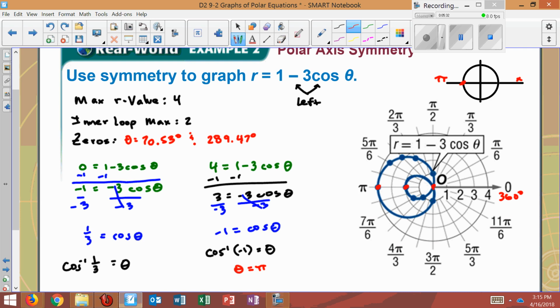Let's plug in 2. If we plugged in 2, so that 2 equals 1 minus 3 cosine of theta. I would subtract the 1 for sake of time. I'm just going to write 1 equals -3 cos theta. Now what do? You divide by that -3. And so we now have,